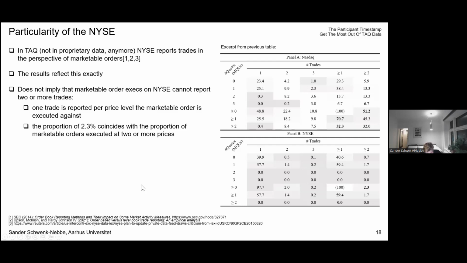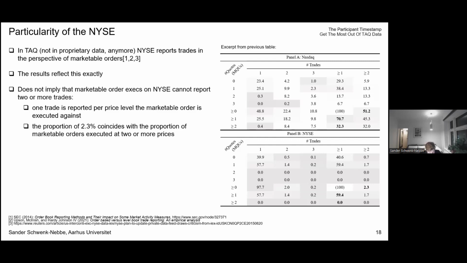So we find, as you can see, that 2.3% of trades still receive the same participant timestamp as at least one other trade in that same security. This proportion, though, coincides exactly with the proportion of marketable orders executed at 2 or more prices for the NYSE. So what actually happens is that the NYSE reports one bunch trade per price level executed against. So not just one trade in total for every marketable order execution, but again, one bunch trade per price level